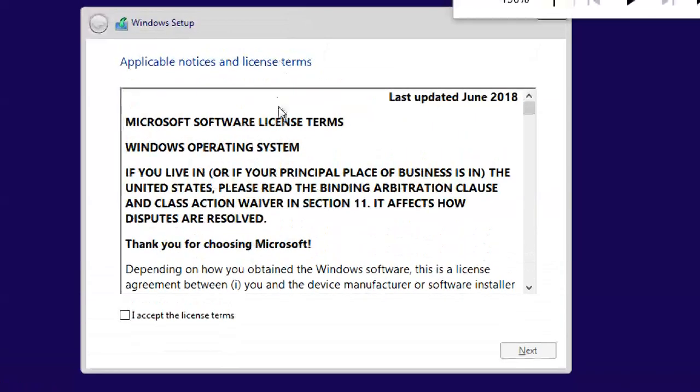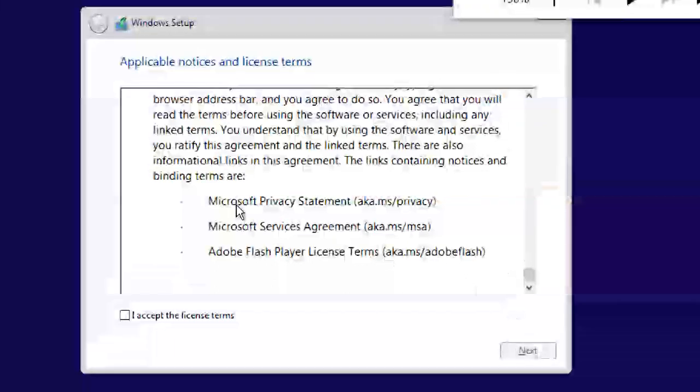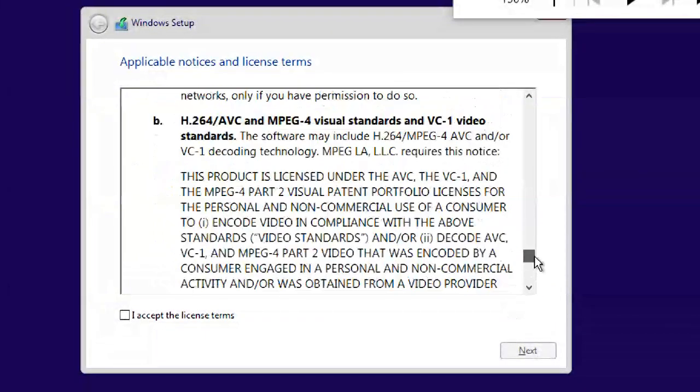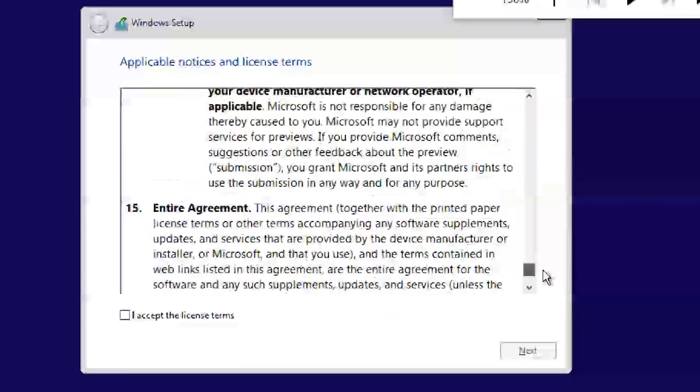Now it is asking for applicable notices and license terms. It's a 2018 license. Scroll down. There is some information given, also about your edition, CD, DVD.